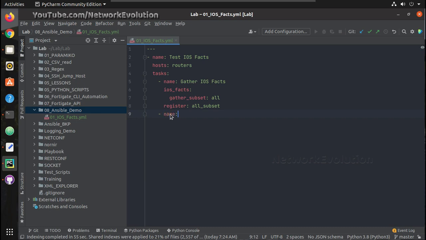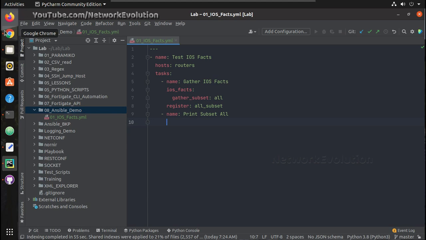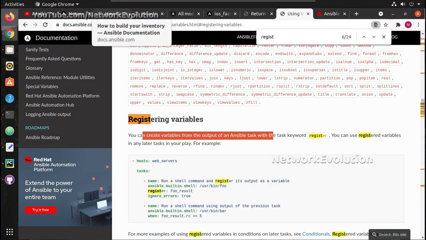Either you can give name, or you can even directly give the module name. Name is not mandatory. So first we'll try giving with name. Print subset all, and here we have another module called debug. So let us have a look into the debug module.